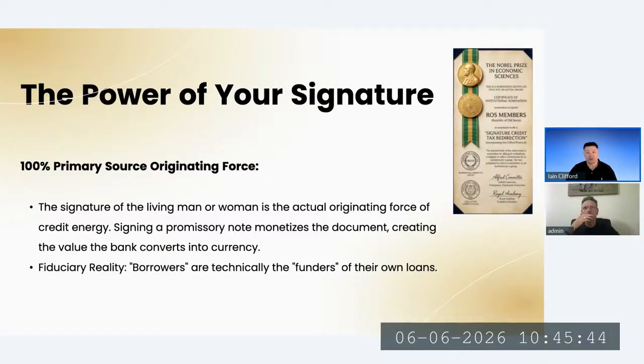Anything where there's an intention to issue a negotiable instrument is classified as signature. It's an intention to create a deposit of signature credit energy. It doesn't have to be a written signature, but it's known in the system as the signature event. And it is what is creating all of this world debt through the signature. Next slide.